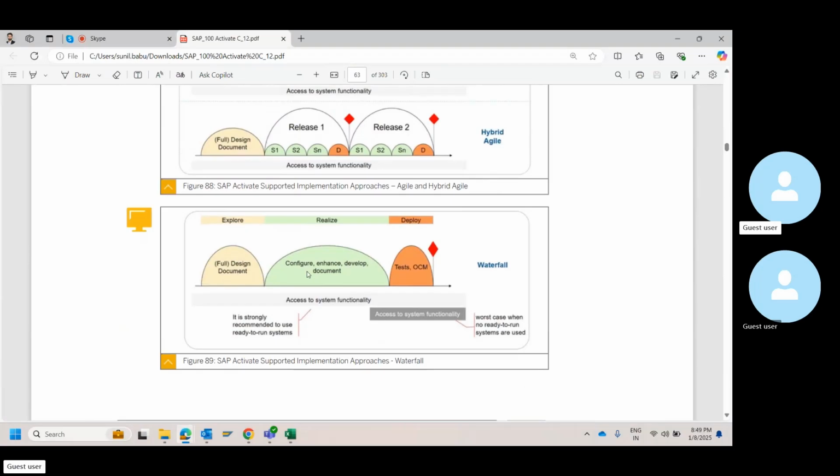However, there are few things that you can run parallelly. As I told you, you can run configuration, development, roles and authorization parallelly. This comes under agile. You are doing it parallelly. However, without doing all of these things, you cannot do a solution walkthrough. This becomes waterfall. So an SAP project, in my opinion, is a hybrid method. It's not completely agile. It's not completely waterfall.